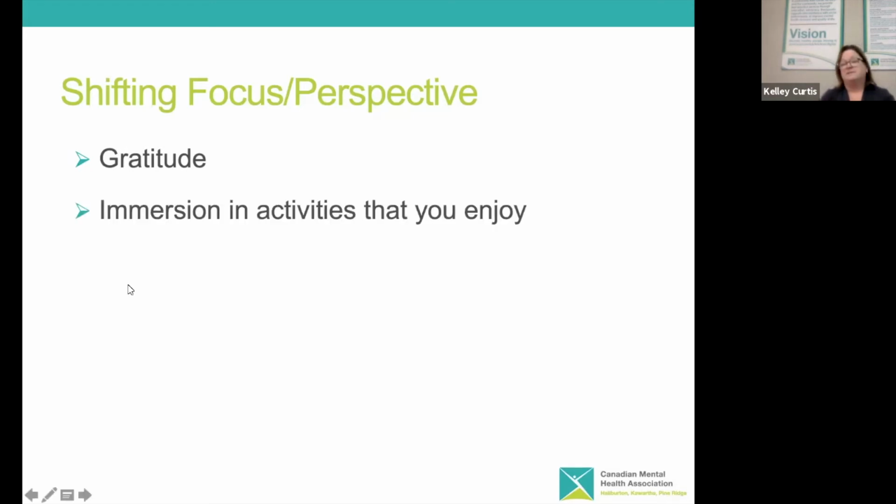Immersing yourself in activities that you enjoy is another really positive strategy here. So we are all feeling the effects of the pandemic. So really working on finding activities that we actually enjoy. Typically what will happen is if we find that our day has become overwhelming with all these different things that we need to get through or we need to do, we take something away to kind of reduce the stress